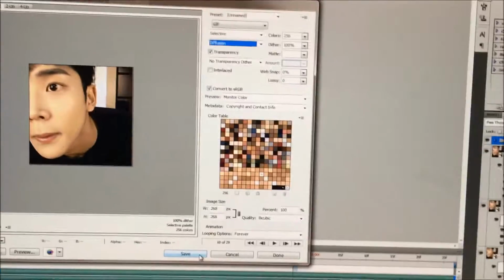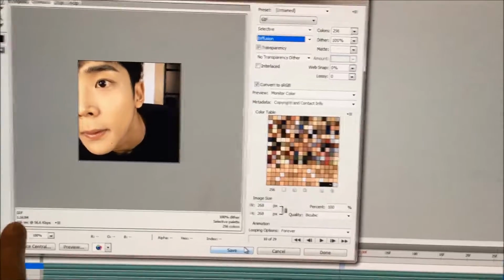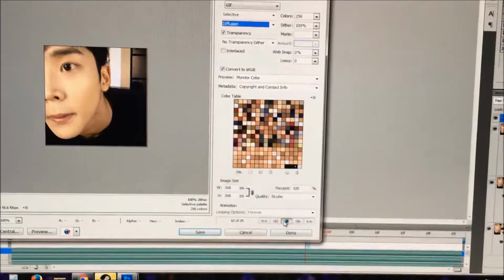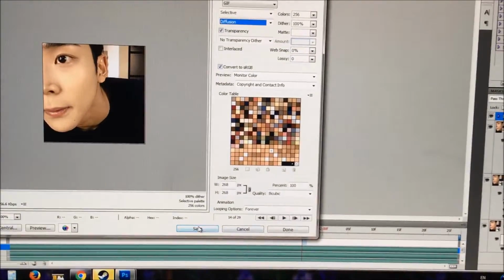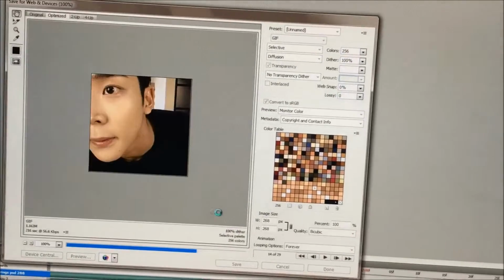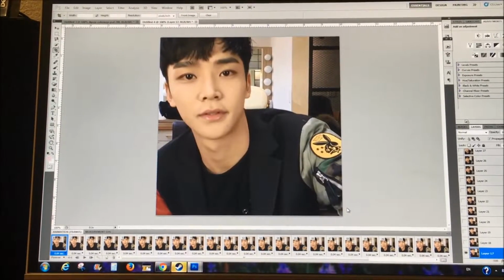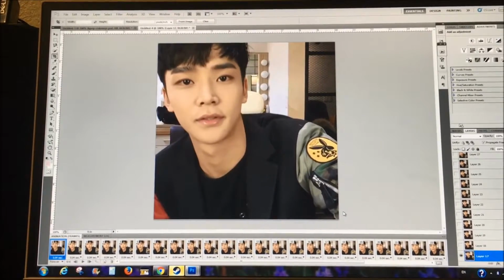After checking this, this, and this, you're basically good to go. You can preview it. I think it looks pretty fine for Tumblr. I'll go to Save and save it however you want, and you're pretty much set to go. So for the second GIF I'm making, I'm pretty much just gonna do it in fast mode. I'll probably fasten this part up, but just